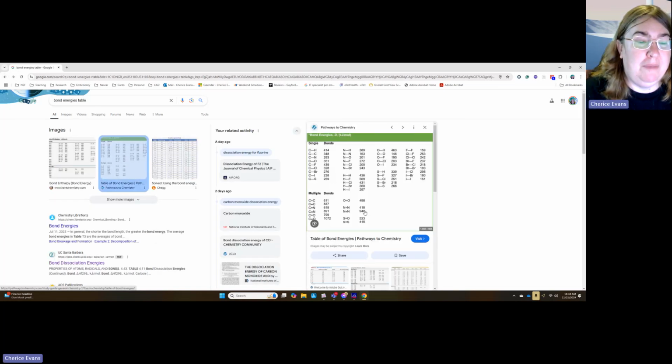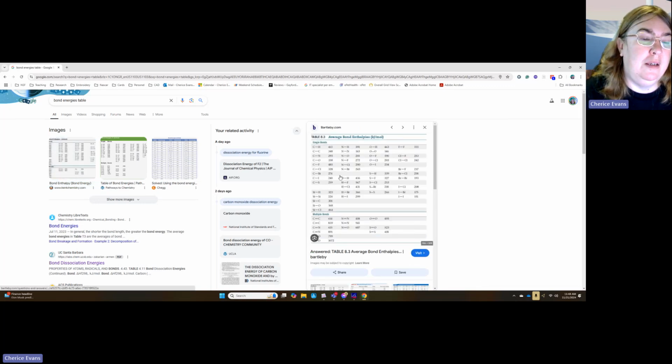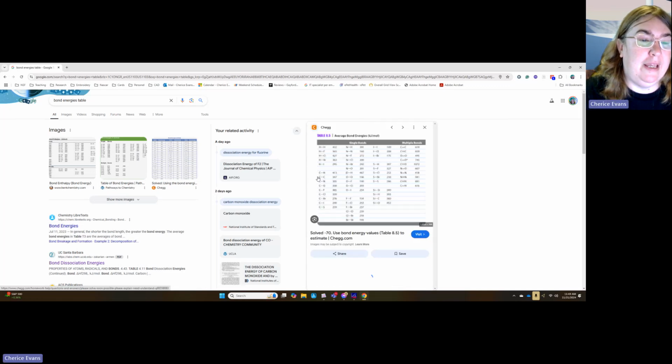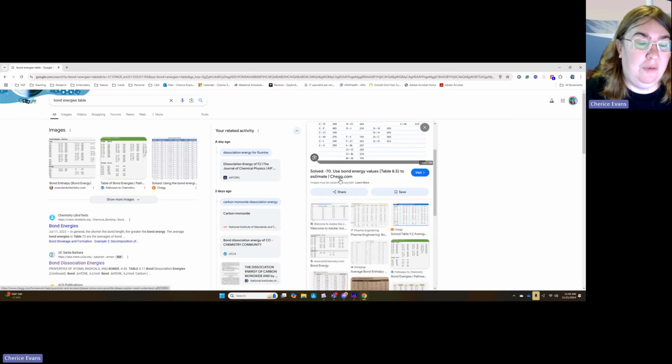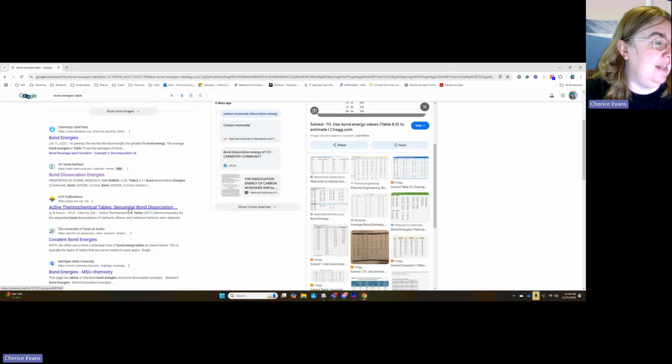So if you are hunting the bond dissociation energy for your system and you just can't find it, you can calculate it using the bond enthalpy tables or the bond energy tables. But before you do that, I would first just look up the dissociation energy and see if anybody has that, because there are some also